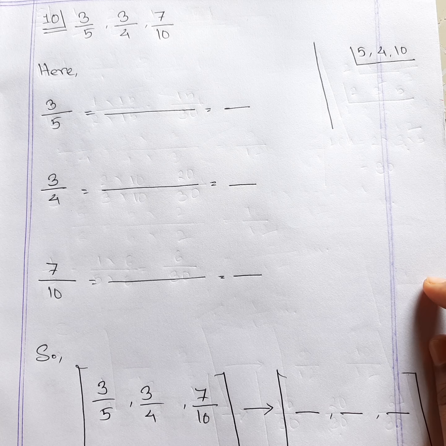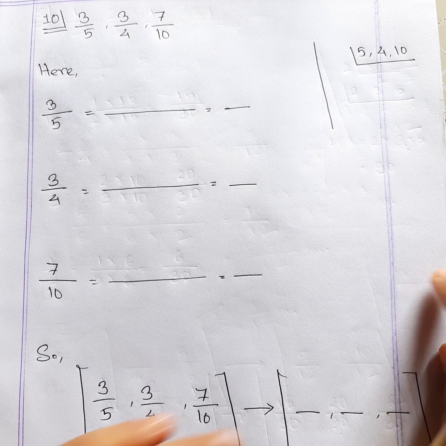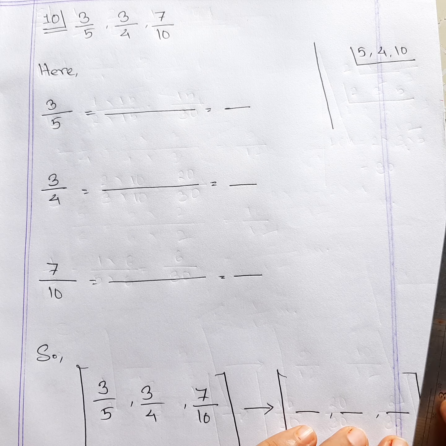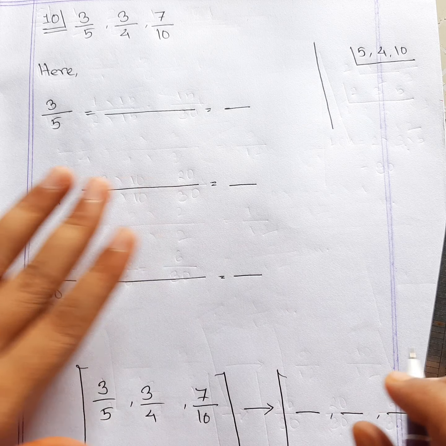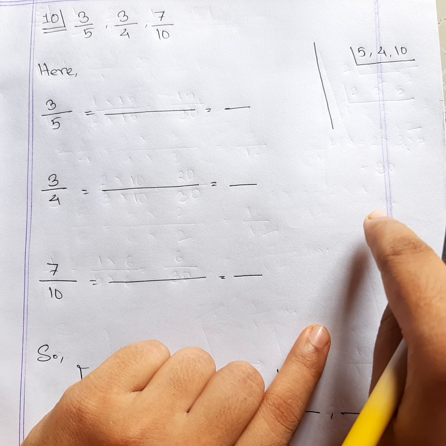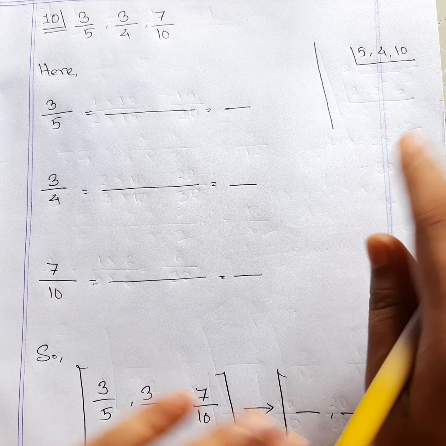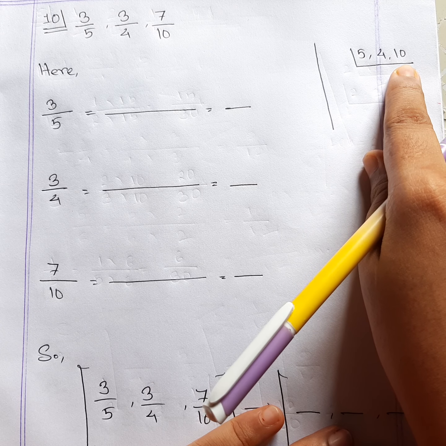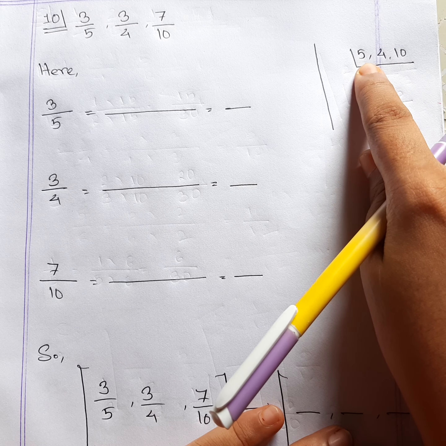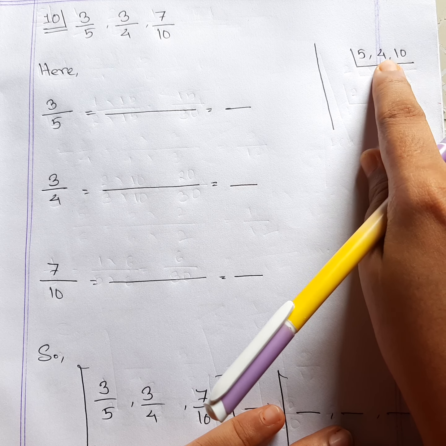y2. Okay, I took a break and I was thinking what to do, and I found that I should show you number 10, because this one is actually a little bit different. After showing you that one, I will go for y2. Now you can see that 5, 4 and 10.